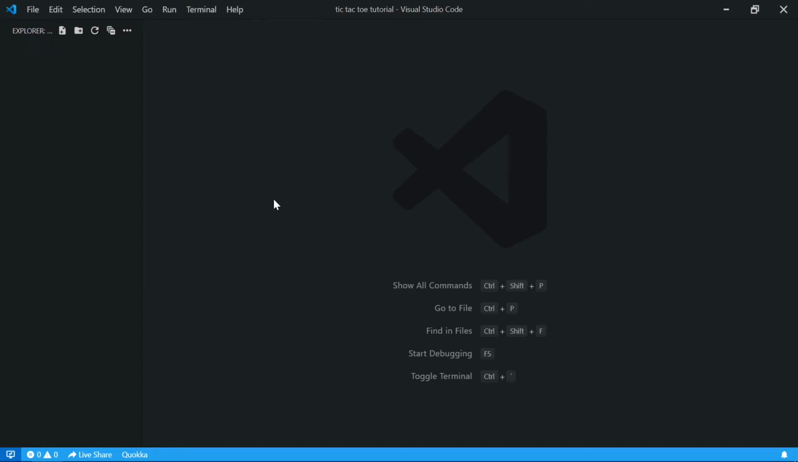Hello guys, today we will be making a tic-tac-toe for beginners using JavaScript, HTML, CSS. If you just started learning JavaScript, it will help you make concepts clear. In this tutorial you will learn how to handle events and do DOM manipulations. So first we will create our main